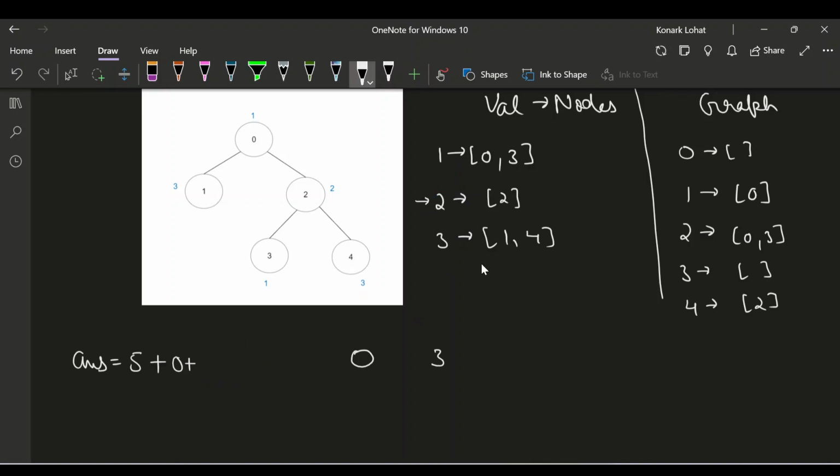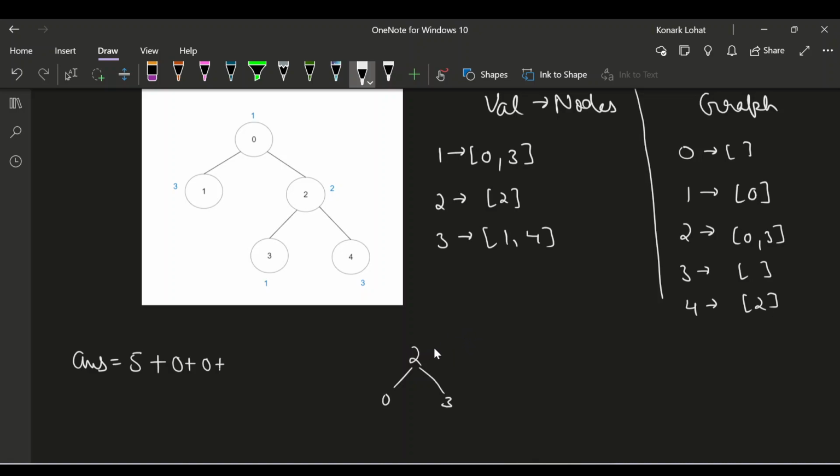Now let's jump to this part. On 2, I will say 2. Okay, neighbors of 2 are 0 and 3. So now this will be changed to that 2, and this is 0 and this is 3. This is how they are connected now. And from this point I will say at 2, how many parents are there? So at 2, okay, 2 is the only one that is a parent of itself, so 1 is again there, and this will be 0 as well, because we are requiring a path that has at least two nodes in it,